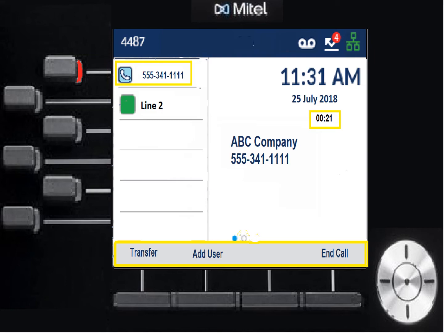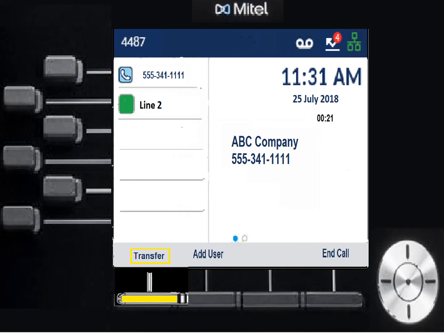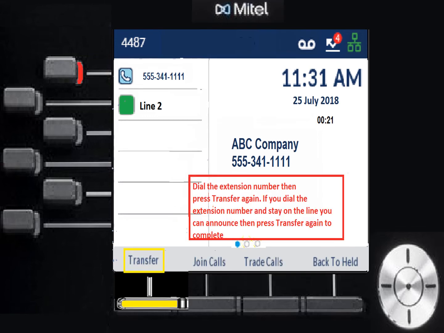Let's first talk about transferring a call. How do we do that? So the call has come in and I've answered it. So here we are at that point where I've answered the call. I'm talking to the person. I realize I need to transfer it. I would then press the key at the bottom right below where it says transfer. I will then dial the extension number of the person I want to transfer it to and then hit transfer